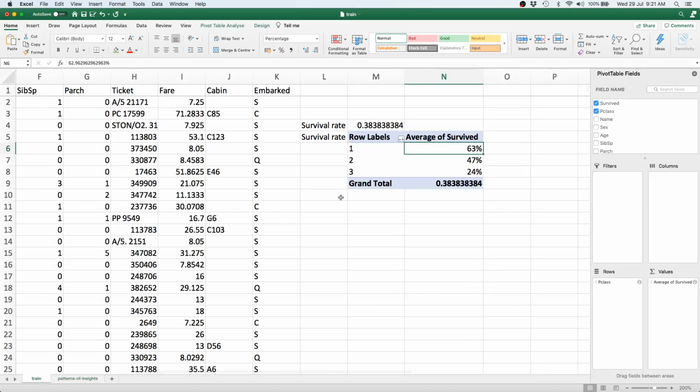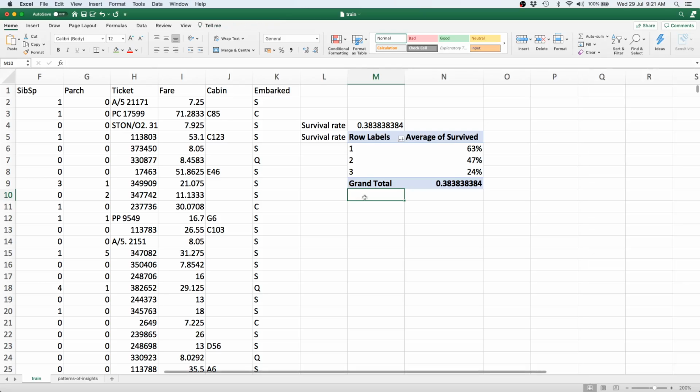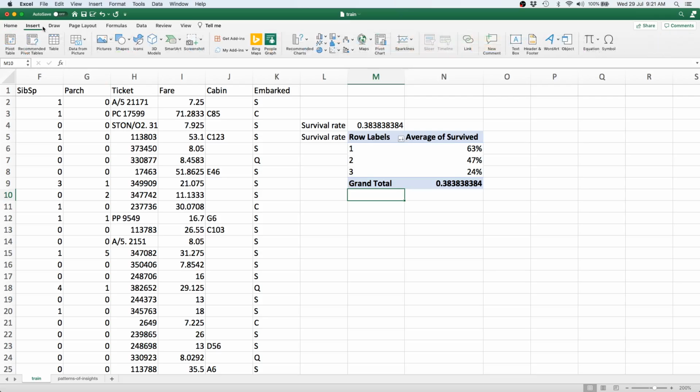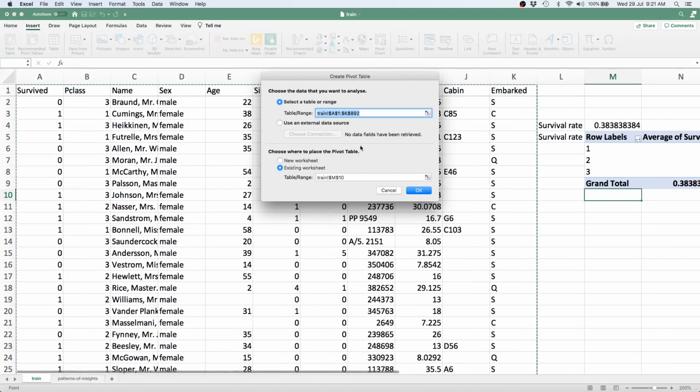And again, to do that, we have to create a new pivot table. We are going to use a ton of pivot tables in this particular exercise, by the way, simply because pivot tables are so convenient and they allow us to do a bunch of different operations very quickly. So again, we go to the insert tab and we click on pivot table. It's the same range as usual, and where we want to place the pivot table is this particular cell M10, and that is what it has basically already selected over here. And then we click on OK.